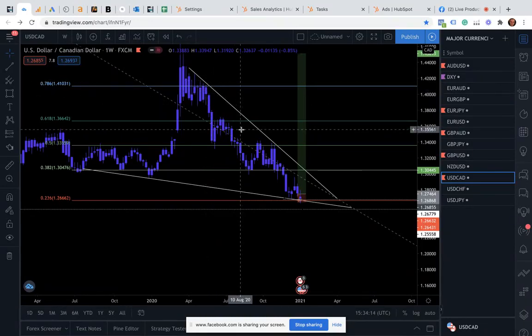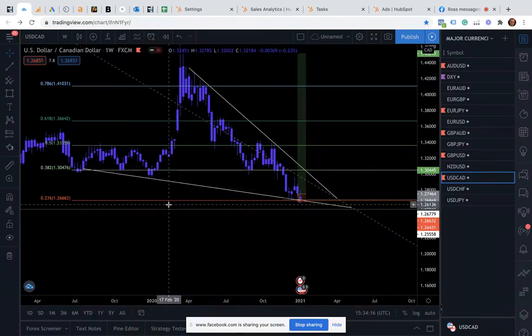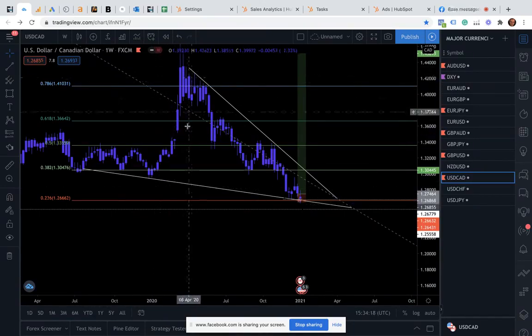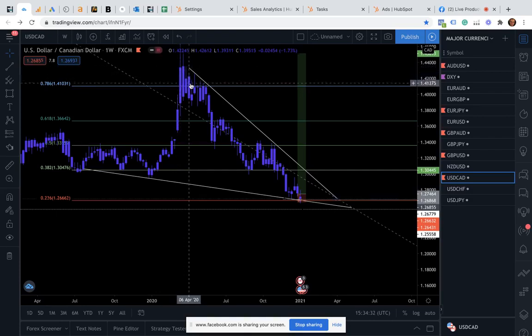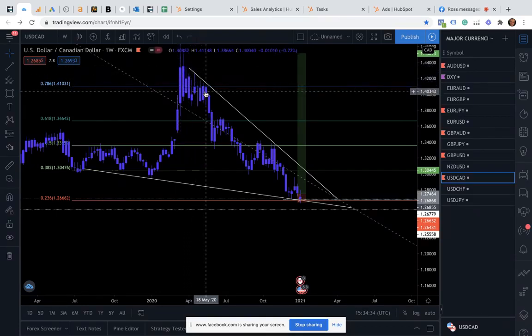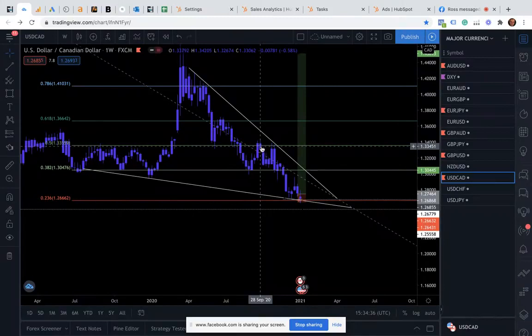It's typically just a reversal pattern, because you can see here what's really happening is it's just getting narrower and narrower and narrower, and this started all the way back just about when coronavirus hit and when everybody was getting sent home. The dollar just started to tank, and for all of last year it's just really been in a big massive downtrend. Maybe this year, with the new vaccine rollouts and stuff, we might actually see some bullish movement